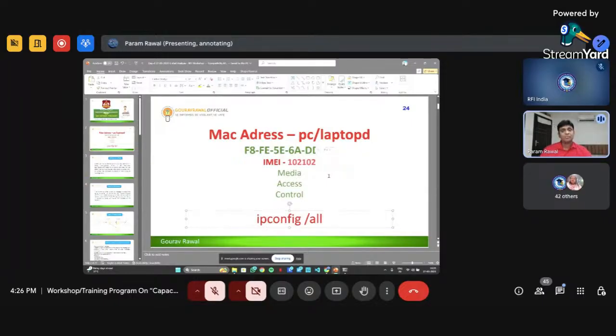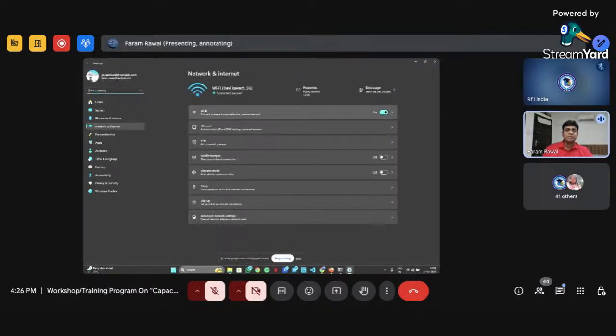So it will be difficult. That is why, likewise, the IMEI number can be changed, and the MAC address can also be changed by someone. So from where can we see the MAC address? Another way is to go to the internet services.